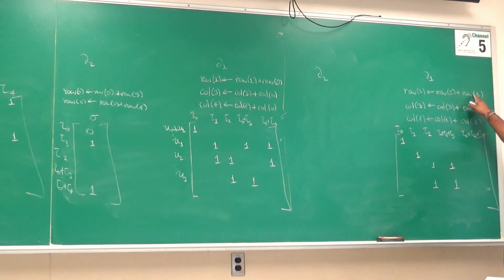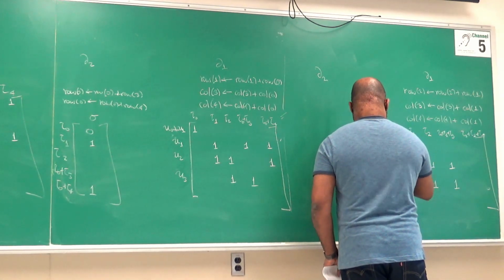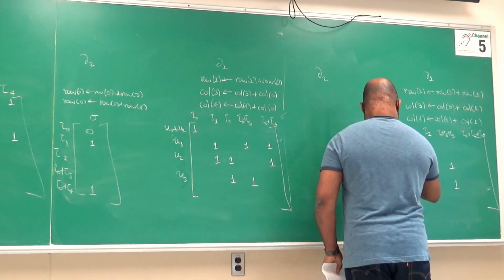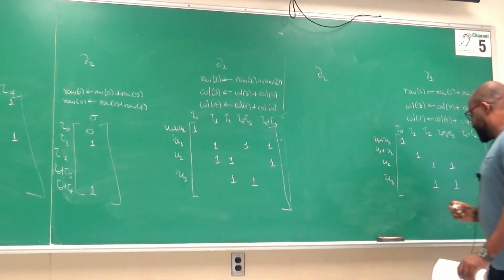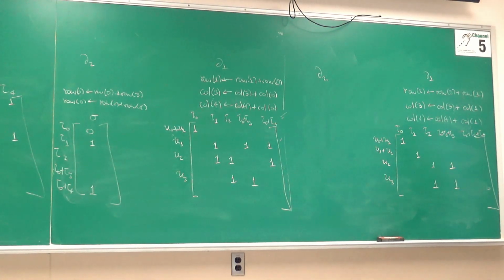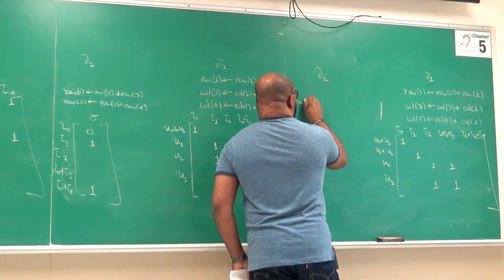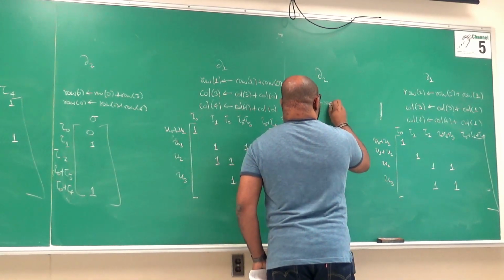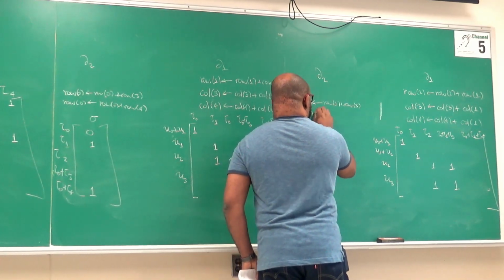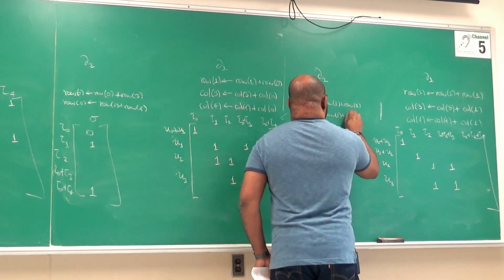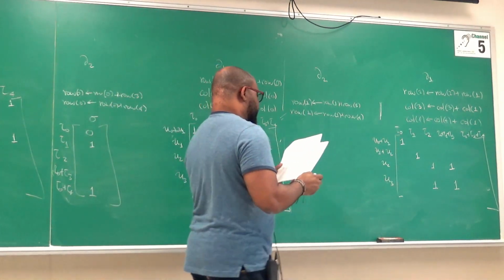So I used row 1 to affect row 2, so I get now U0 plus U1, and here I have U1 plus U2, and then here I have U2 and U3. Right, so those are the basis elements I get, and as before, we turn these column operations into row operations here. So row 1 is now row 1 plus row 3, and then row 1 is row 1 plus row 4,